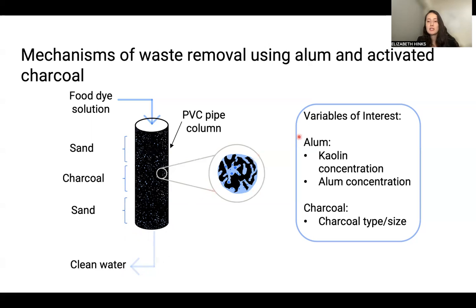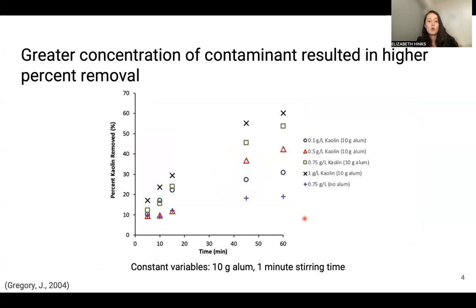In this experiment, for the alum portion, for the coagulation portion, the kaolin concentration and the alum concentration were varied, and then for the adsorption charcoal-based technique, the charcoal type and size were varied. I can first go on to summarize the results for the coagulation portion of the experiment. The first variable is the kaolin concentration. We can see that as kaolin concentration increases from 0.1 to 1 grams per liter, there is an increase